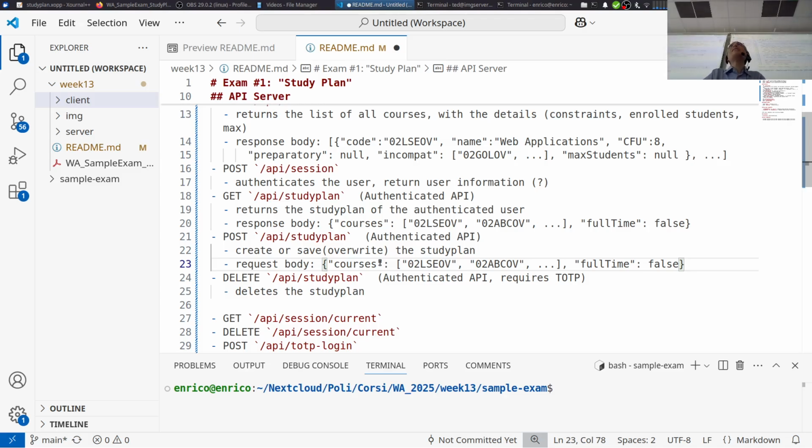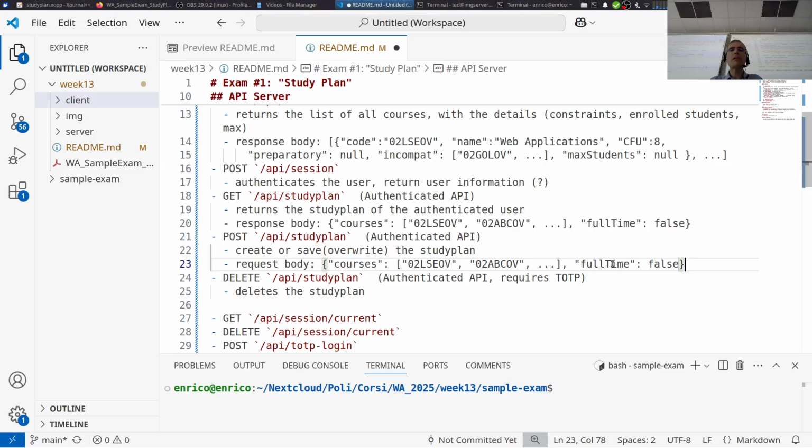When it's up to you, I recommend following the simplest path, because you have less stuff to code, less possibility of making errors and mistakes. So let's decide to save the information if it's a full-time or part-time study plan together with the study plan when we save the